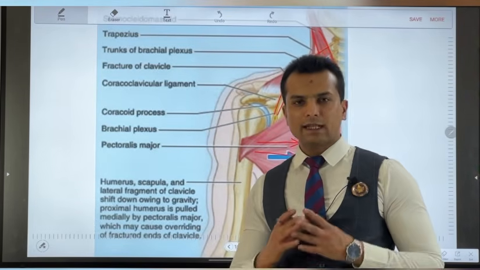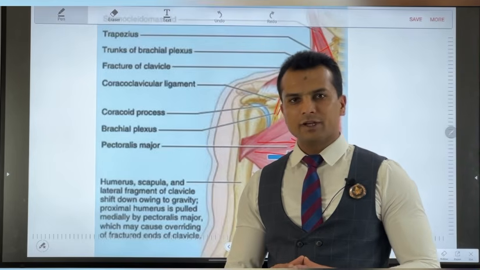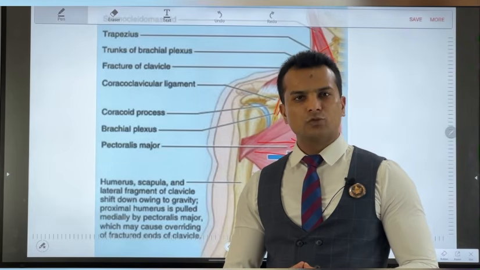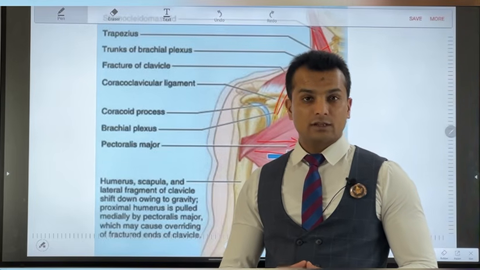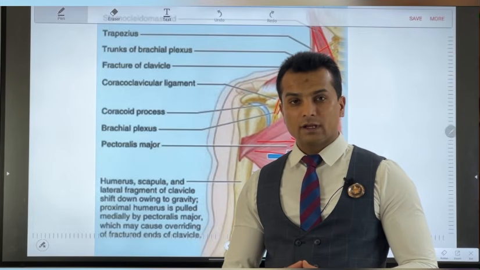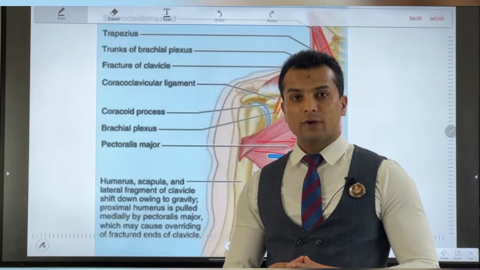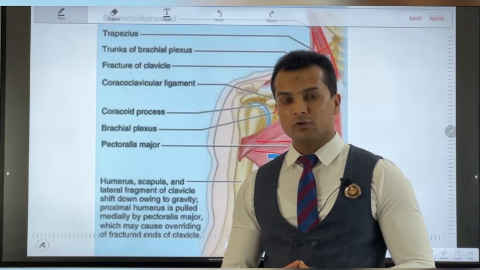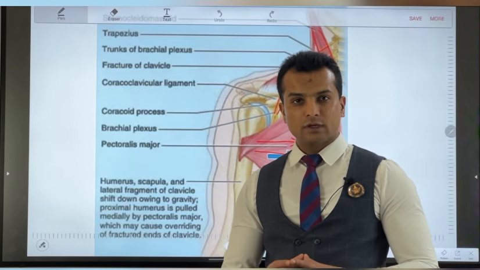So remember, anything related to the clavicle, whether the ossification, the attachment of the muscles, or the ligaments of the clavicle, is very important to understand, and you may have at least one question relating to clavicle fractures or clavicle ossification. This is an important bone of your body, and it is also called the collar bone or the beauty bone.